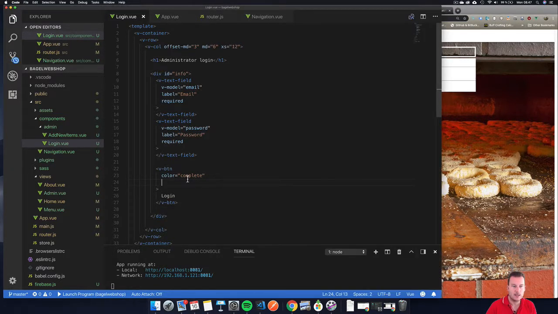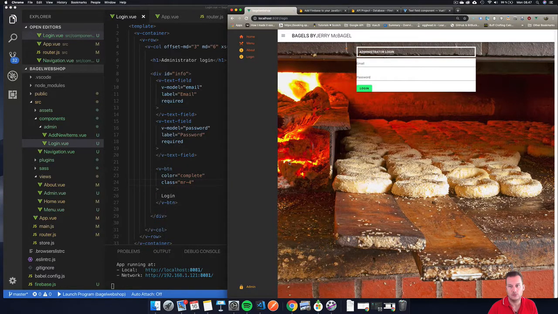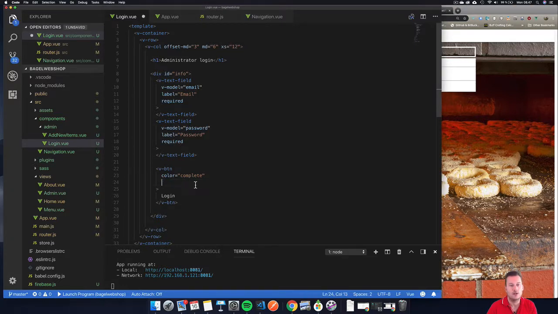It does. And let's add a class to this. Let's say we want some margin with 4 on it. Oh, that's the old one. Let's not do that because I can't remember what it is now. But the other thing I want to add is a click event, right? So once we click the button, we of course want to create a method so we can actually log in. So we're going to create one of those. I'm going to use the quick one, the shorthand. So add @click